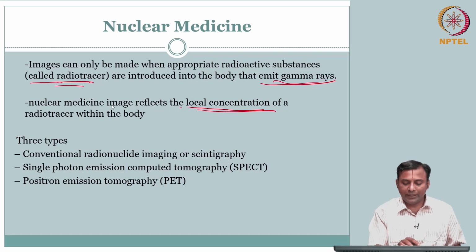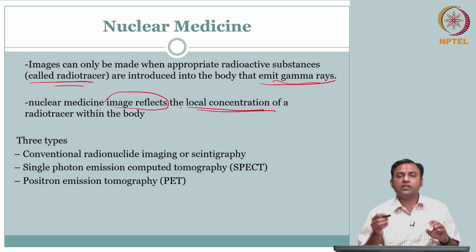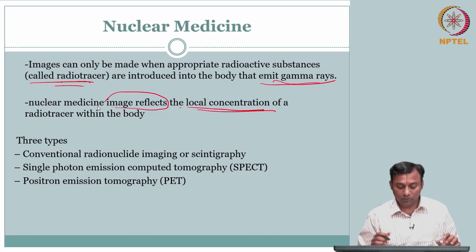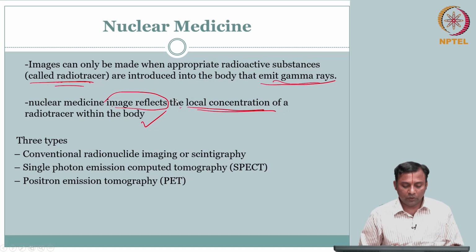Okay. So nuclear medicine image reflects, so what do you see in the image? It has to do with the local concentration of the radio tracer. Some location the uptake of the radio tracer might be high or washout might be there. So that is what you are doing. So there are 3 different ways,